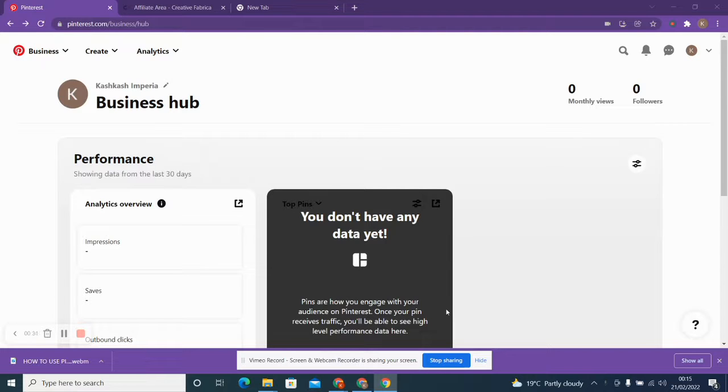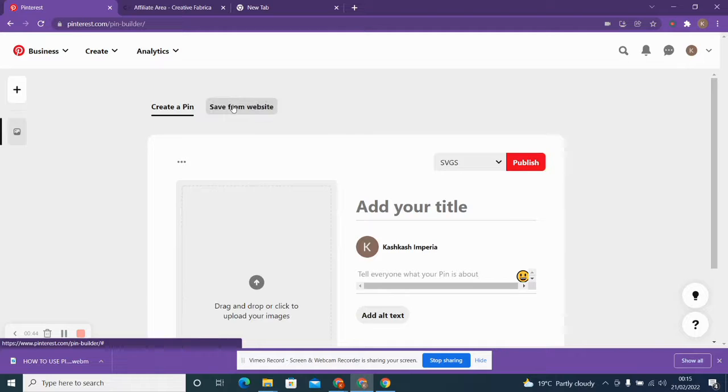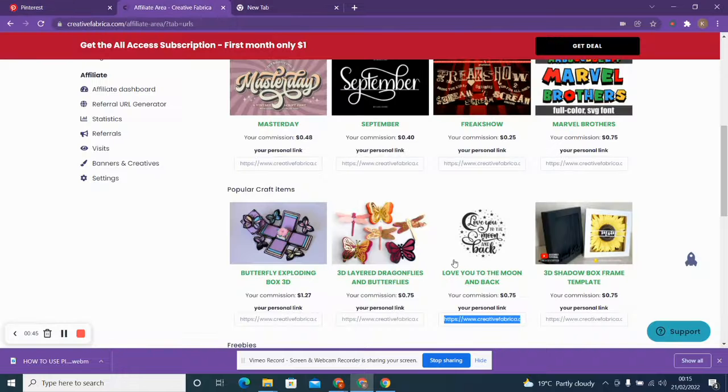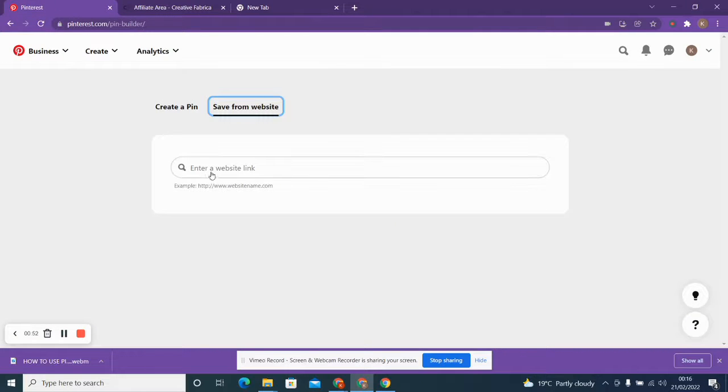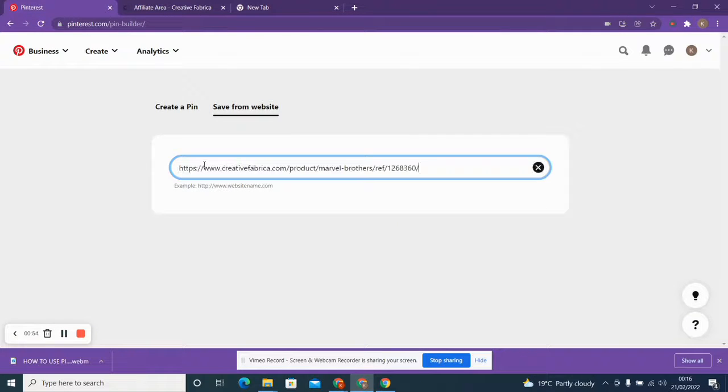Number one is affiliate marketing. Earlier I had shown you how to use Pinterest for affiliate marketing. As I said, come here, create pin, and immediately you go to save from websites, and you're going to choose whatever product you want to promote from whichever site you're using for Pinterest. Come and click enter,